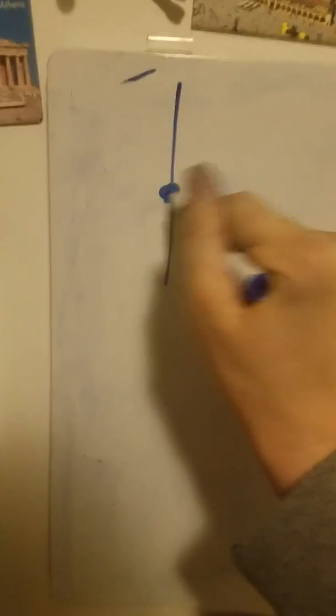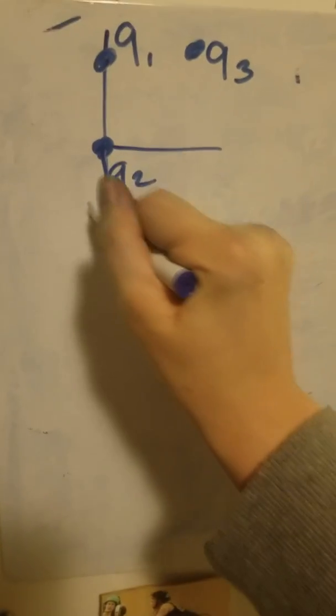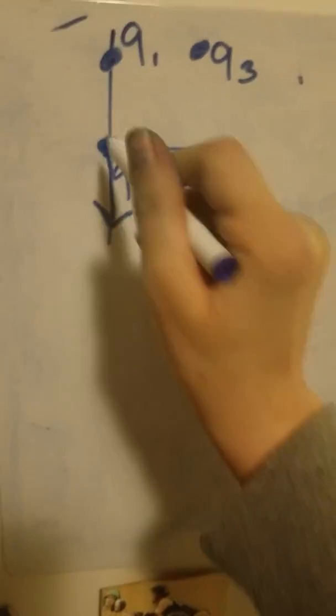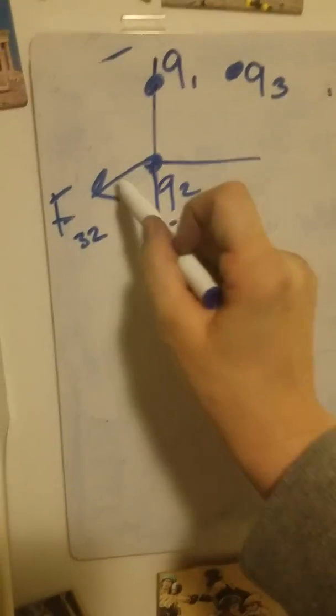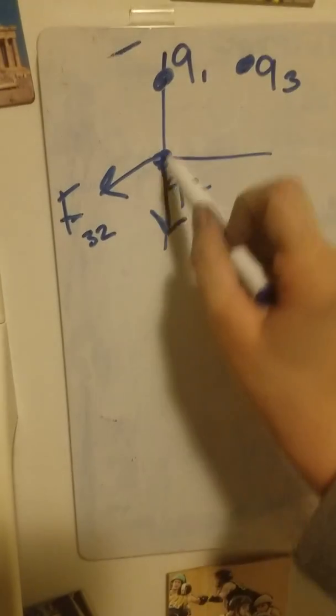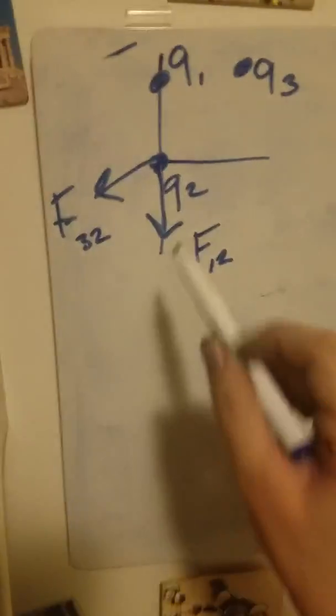So just to remind you what our drawing looked like, here's Q2, there's Q1, there's Q3 that we had, there's our F12, there's our F32. Our answer should fall somewhere in here, right? We should be getting that the total F2, if we add those two vectors together, should fall somewhere in here. All right, so if we look at that, since they both had negative x and negative y components,